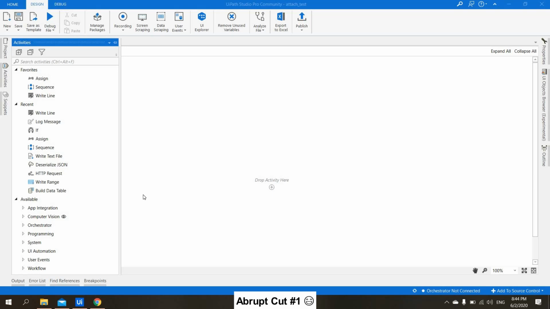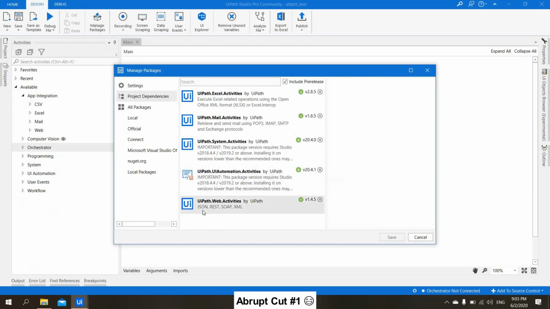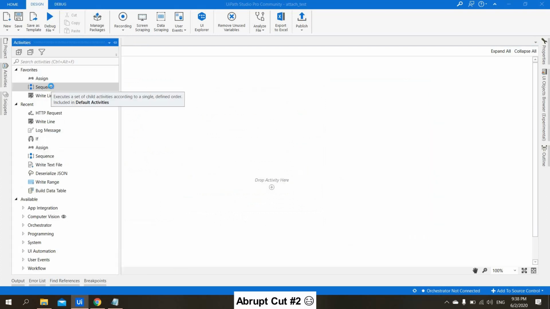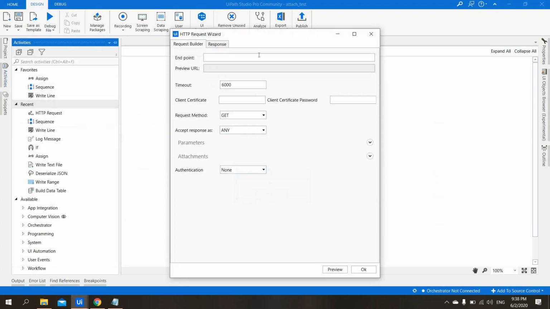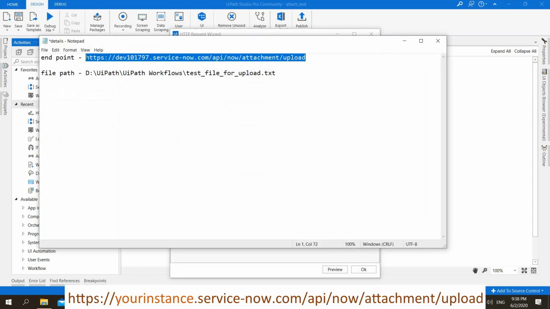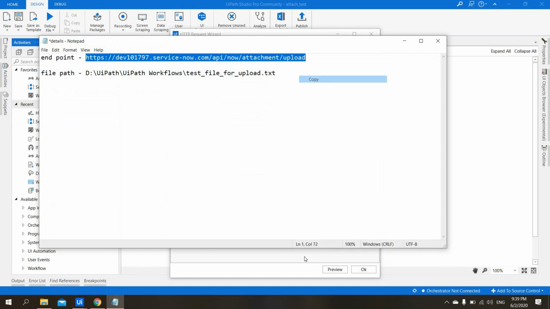So let's get started. Please make sure that you have the uipath.web.activities package installed in your project. We'll add a sequence and one HTTP request activity. To configure it, we'll need an endpoint URL. The URL should look something like this. We'll copy it,